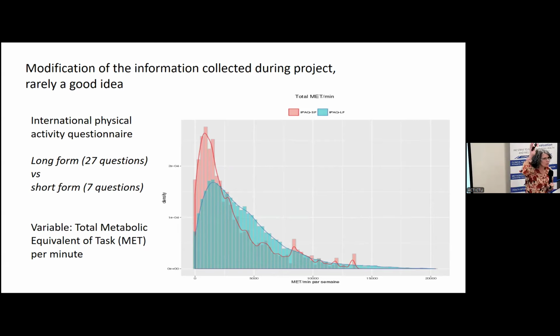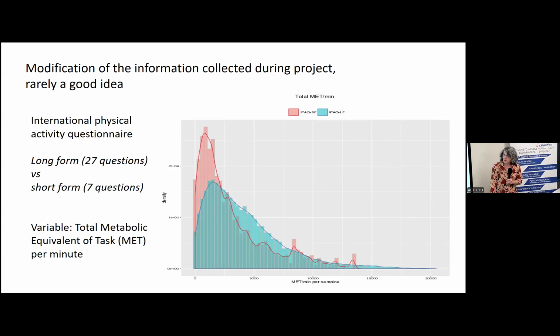We will use the short form, and it is the same. And someone in the room said, you're sure it's the same? Yes, it is the same. We will do the short form, I know. So they all changed to the short form, but it's not equivalent. So now they have 100,000 participants with one version and 200,000 participants with another version. And as you see, the distribution with the long and the short form is not the same. With the long form, your level of physical activity is higher than with the short form. But it's every day that we see stories like that.